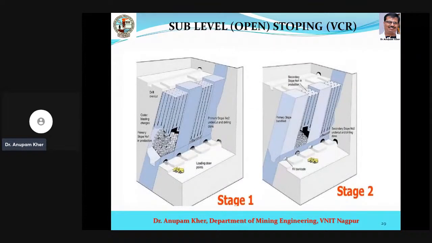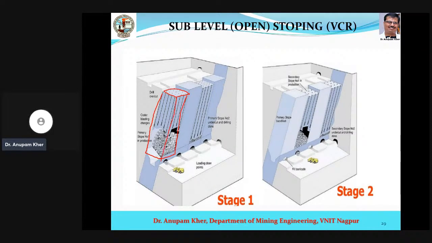And in this diagram, it can be seen very clearly that we are using what is called long hole drilling. So from top to bottom, the vertical holes are drilled. And what is being done here in the VCR method is that not the entire length of the hole is blasted. If we consider this complete one block, I hope everyone is able to see,